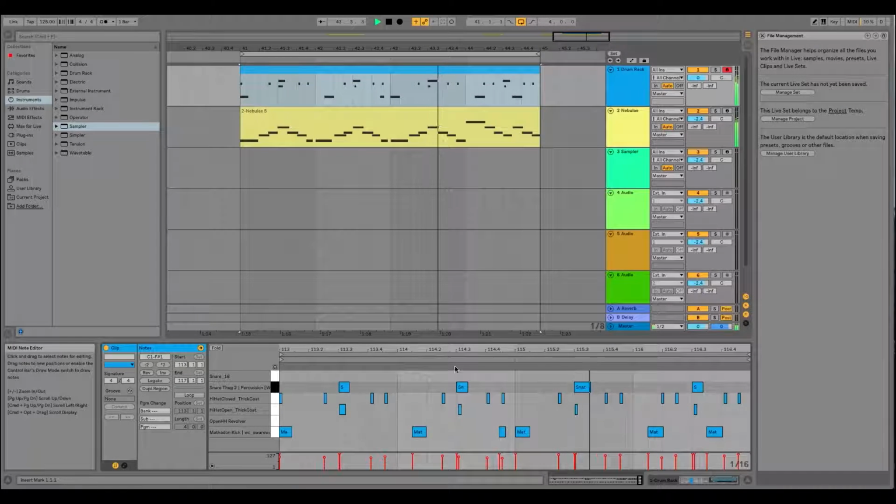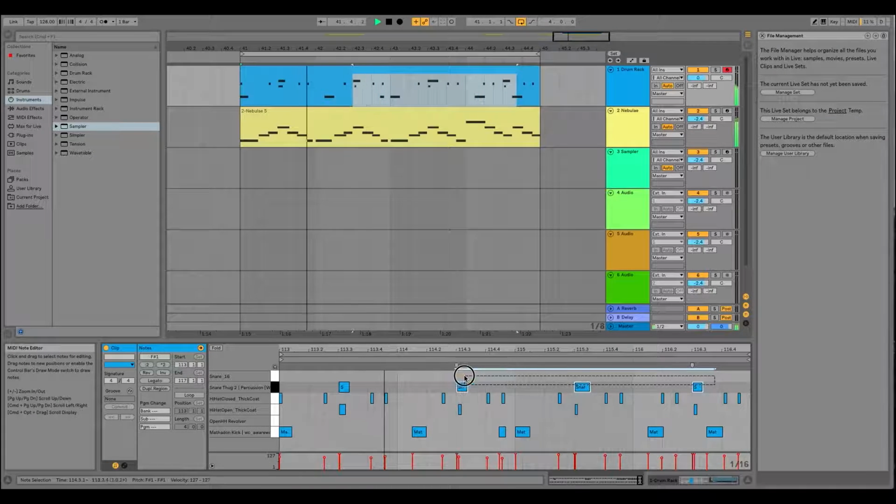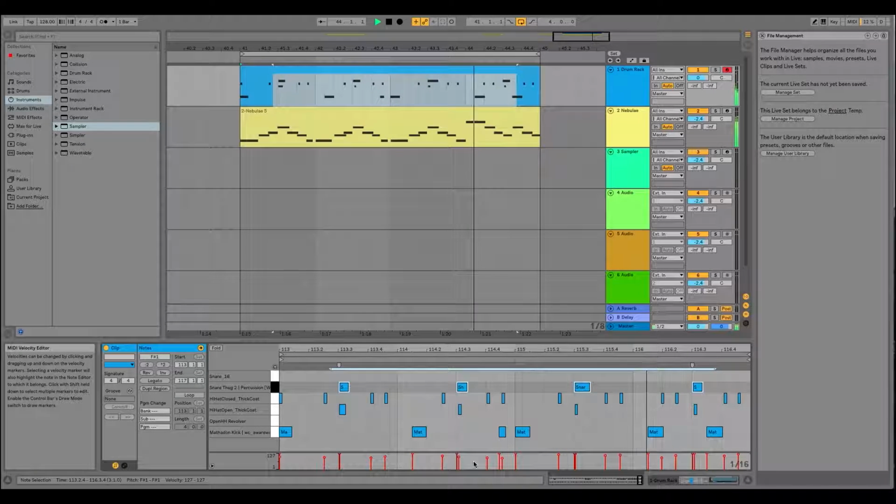So I want to take these open ones and pull them down here. This is where the velocity